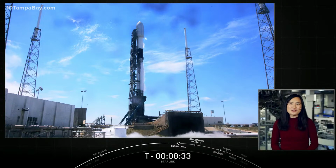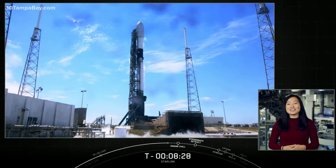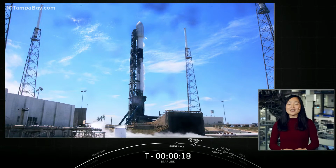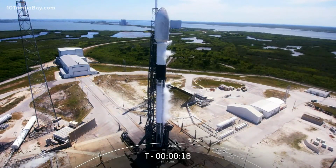Now that you know a little about the structure of Falcon 9 and its engines, the propellant, which is a substance used to create the energy to make the rocket go. Falcon 9 is a bipropellant vehicle, meaning it uses 2 propellants, a fuel and an oxidizer. An oxidizer is a type of chemical which a fuel requires to burn. Most burning on Earth uses oxygen, which is prevalent in the atmosphere. However, in space, there's no atmosphere to provide oxygen or other oxidizers, so rockets need to carry them up on their